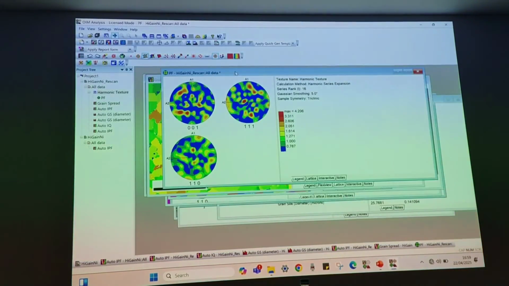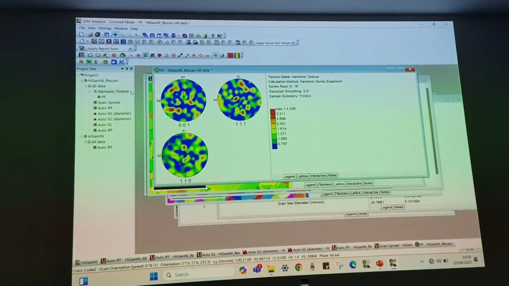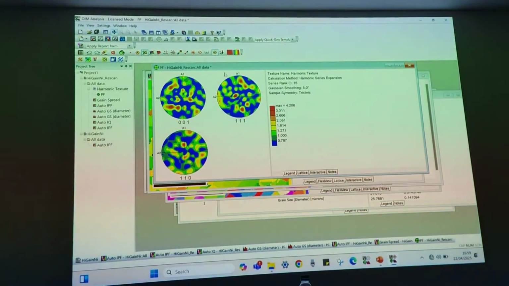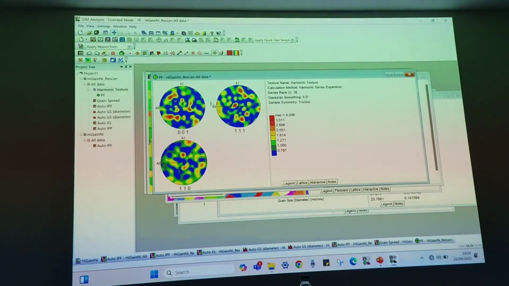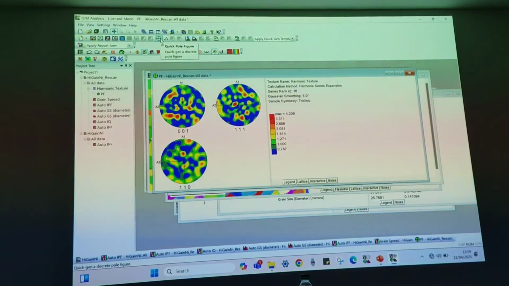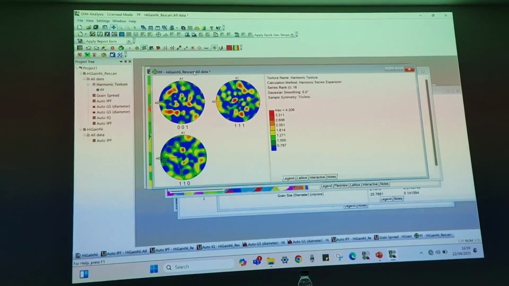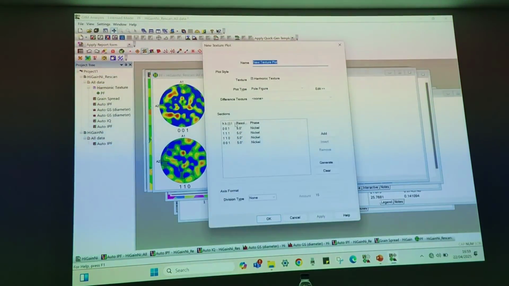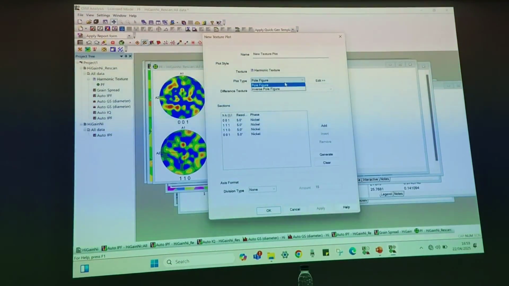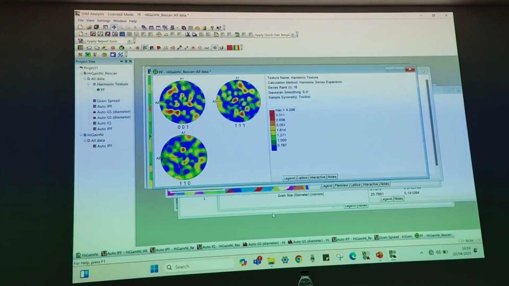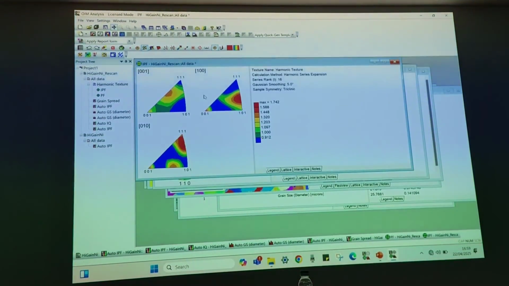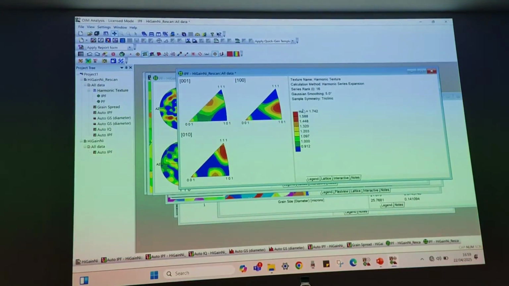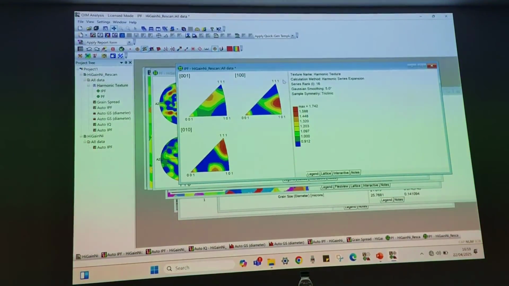So this is how my pole figure looks like for this particular sample. And you can also plot, these are the regular pole figure. You can have pole figure in forms of discrete also, but this is the binning pole figure. What I can do, I can do a right click. Instead of pole figure, now I can plot the inverse pole figure as well. So these are the inverse pole figure for that particular design. And again, the intensity will be there on the right hand side.